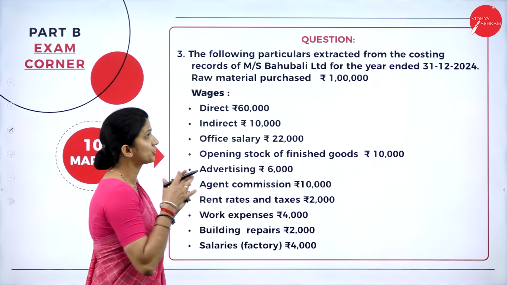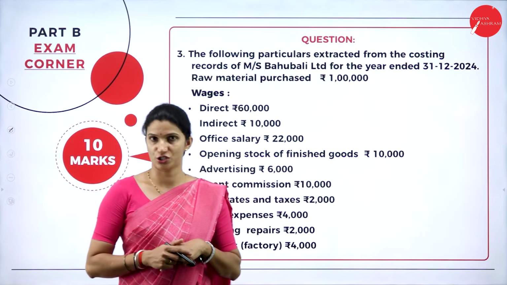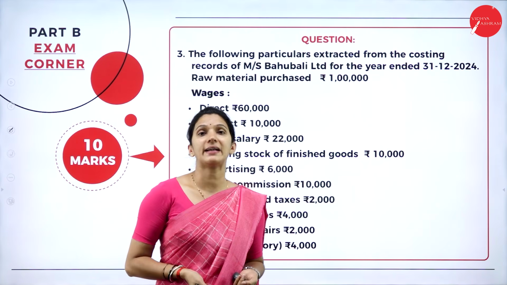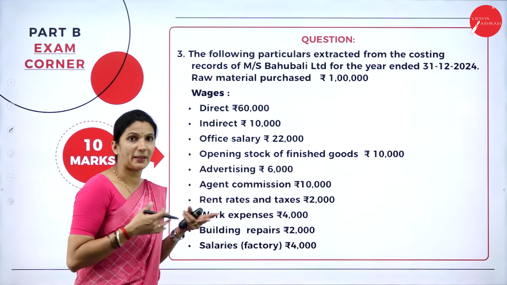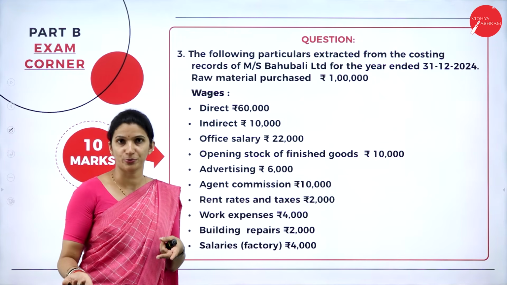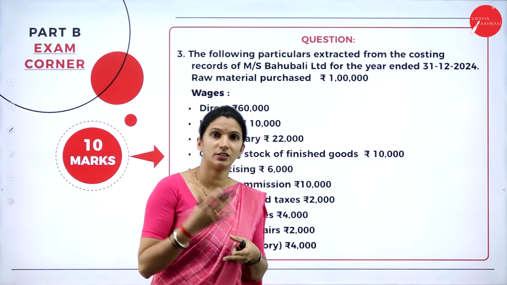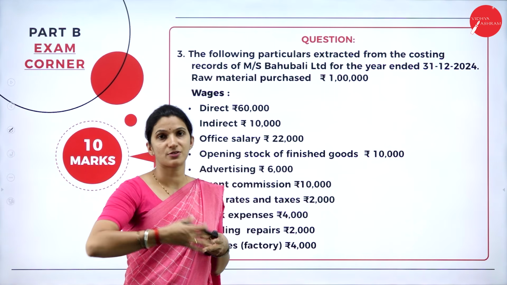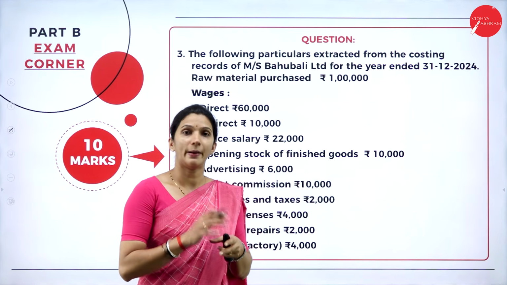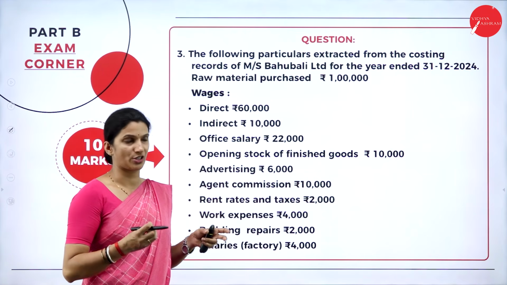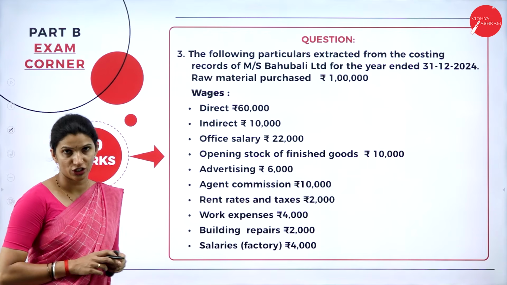Now we'll move on to the third question. The third question they have asked is to solve the cost sheet. Always, in your pattern, Section B pattern, it is 10 into 3. You will be given 3 practical questions and 1 theory as an option. Here, in the option, you can write about the difference between cost accounting and financial accounting, that is one important question. Apart from that, you can expect 3 practical questions. And the one question that you have been asked is the cost sheet problem.